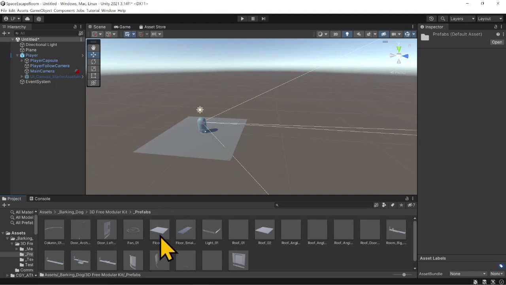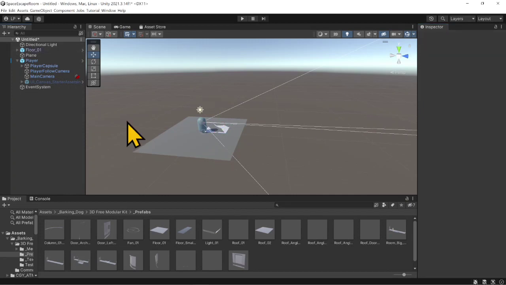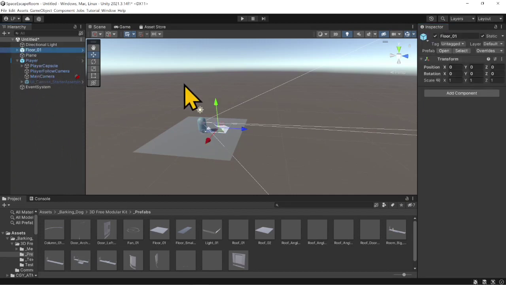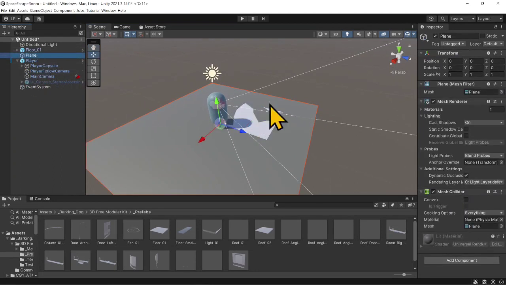So I'm going to just start with my floor, and I can just drag that in the scene. And then you can see that this is not at the 000. So I can right click and hit reset and put that at 000. So now I have this floor piece here at 000. So I can go ahead and make my floor. I'm going to disable this plane right quick,